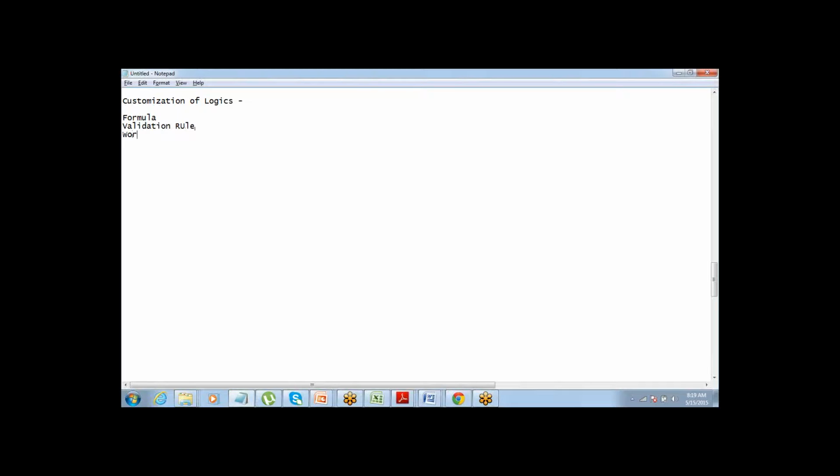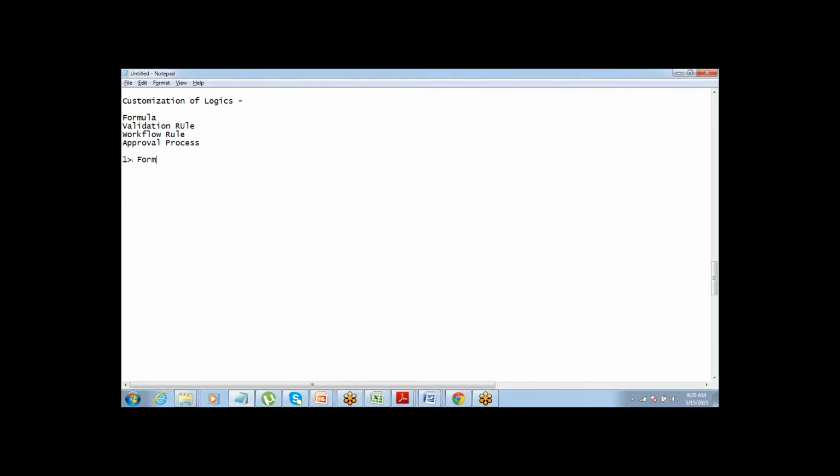Third is a workflow rule, and number four is an approval process. So we do a formula, validation rule, workflow rule, approval process. Four things there, right? So we'll talk about each one of them one by one.